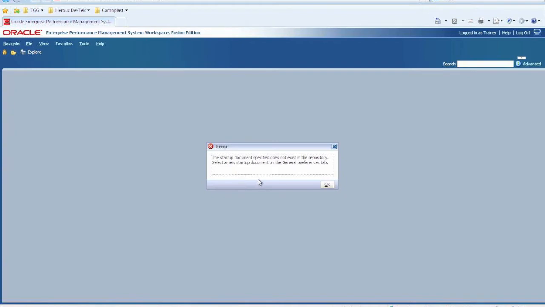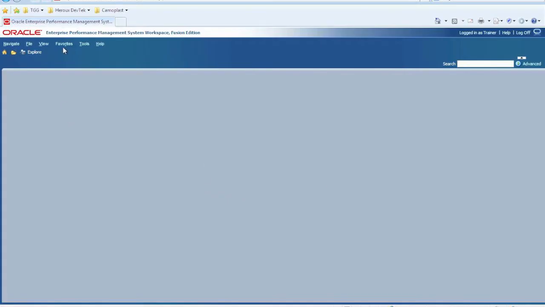Now you might get this error that says the startup document specified does not exist in the repository. This error is very common when you log in for the first time, so don't be surprised. We are going to set our preferences so that you don't get this in the future. So click OK, and to set the preference you want to go to File Preferences,